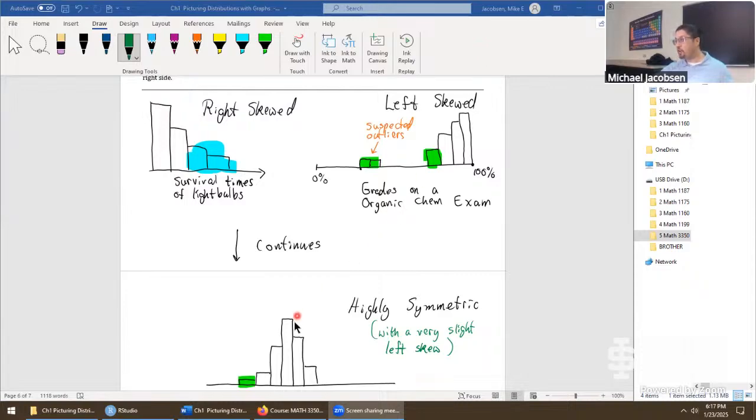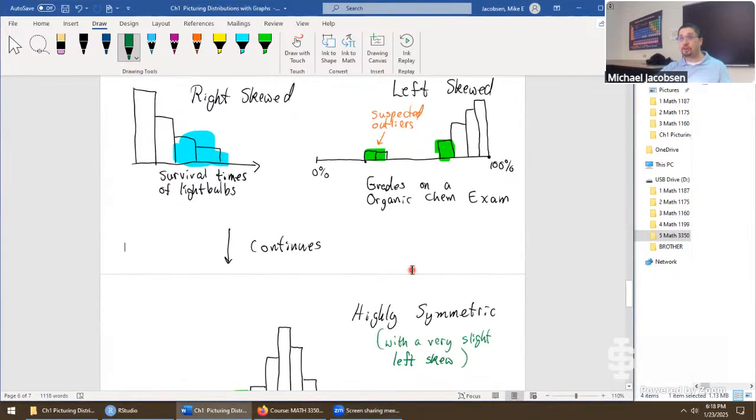Okay, so our hope is our data looks like this, but we're going to see some pretty messy data where we say our data is roughly symmetric, but we'll still consider it to be symmetric enough to use some pretty powerful statistical procedures. So the big takeaway here is, even though we're often looking for perfect symmetry when we're asking, is our data symmetric? We are very forgiving with deviations from symmetry when it comes to declaring something symmetric. It's when it starts to look like this, where the main peak is so far to the left or so far to the right that there's no way we can call it symmetric at all. Those are the problematic data sets we'll worry about more.